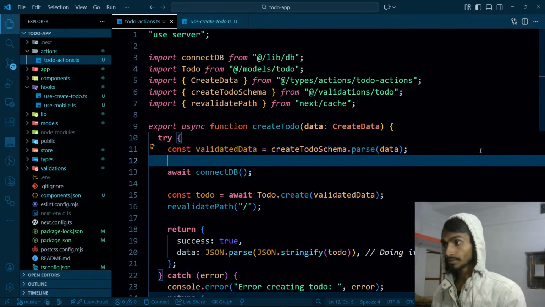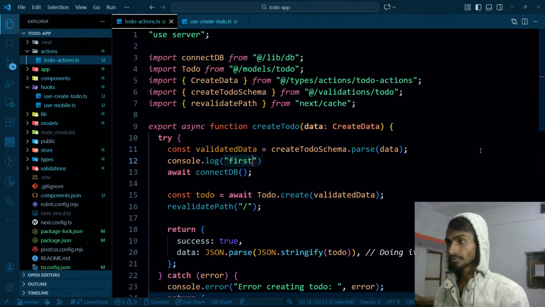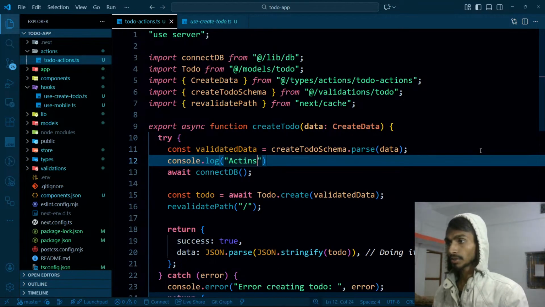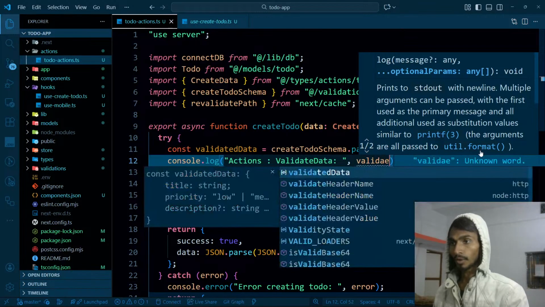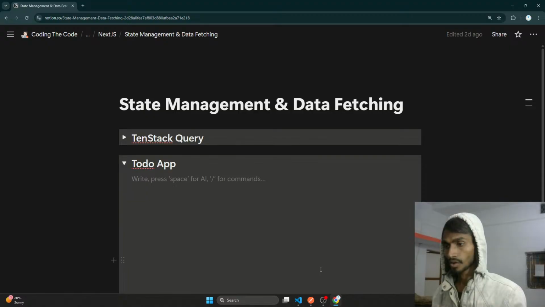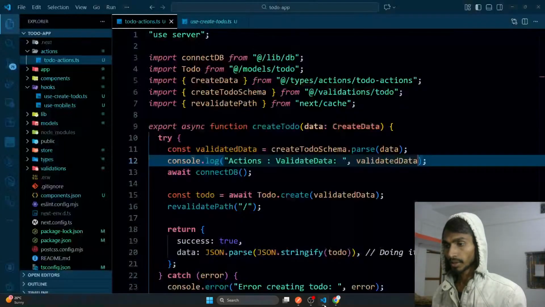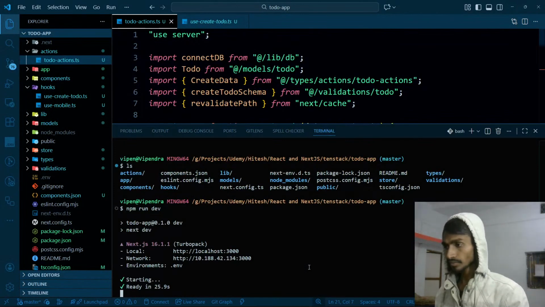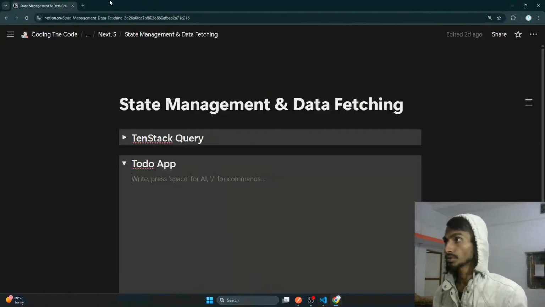So let's do one thing. console.log from the actions side. I am checking validated data, and I will be checking the value of it, validated data. Let's try this thing, and it should be running by now if I'm not wrong. Yeah, so